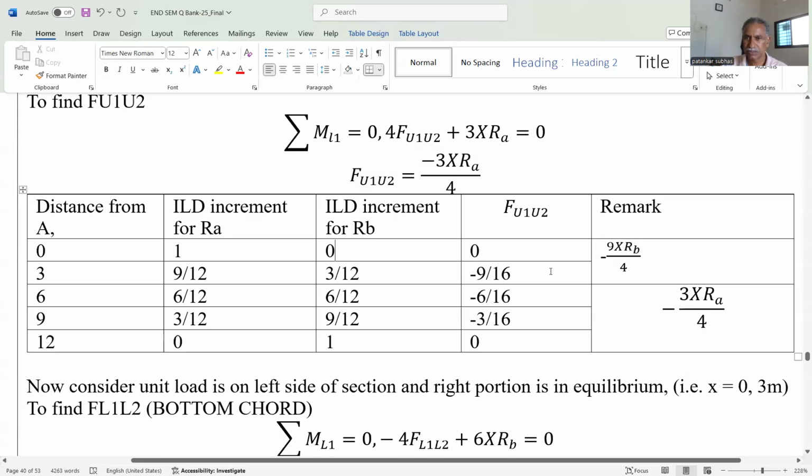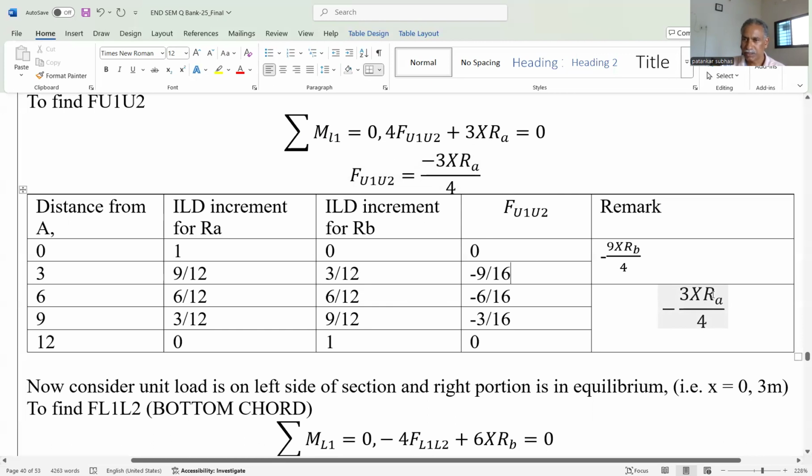First is 0, that's why this value is 0, and the second value is 3 by 12. So we have put here RB is equal to 3 by 12. 9 by 4 into 3 by 12, we get minus 9 divided by 16. That means the compressive. Similarly, for the second one, the equation is minus 3 RA divided